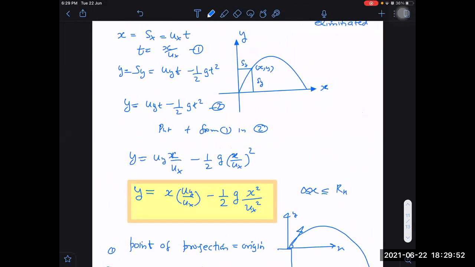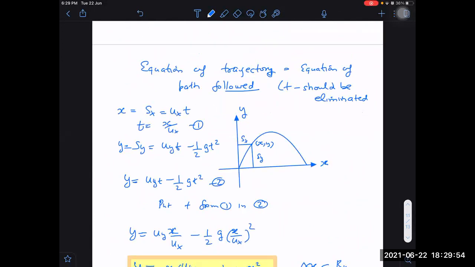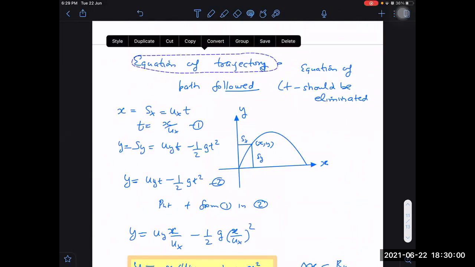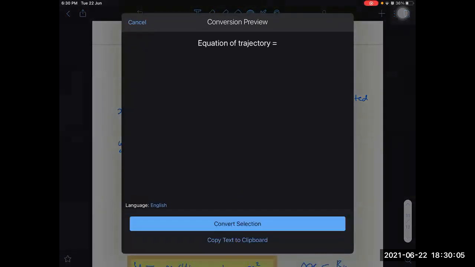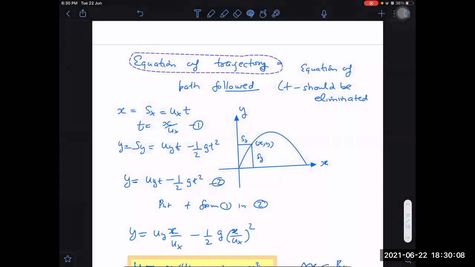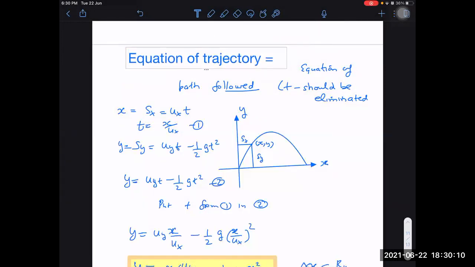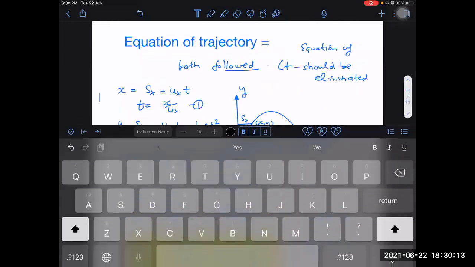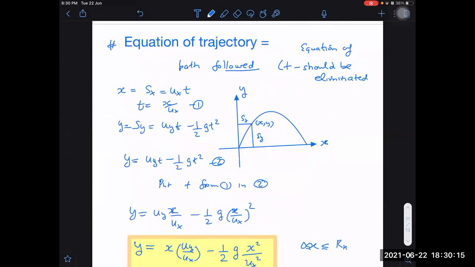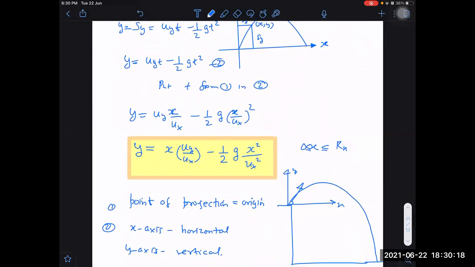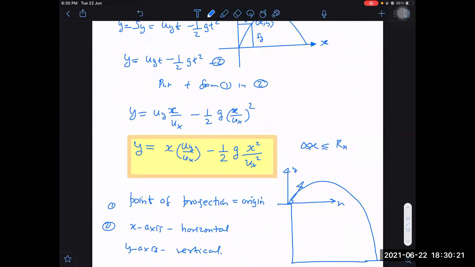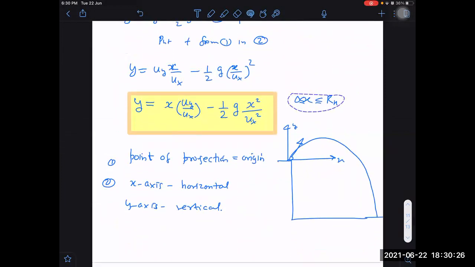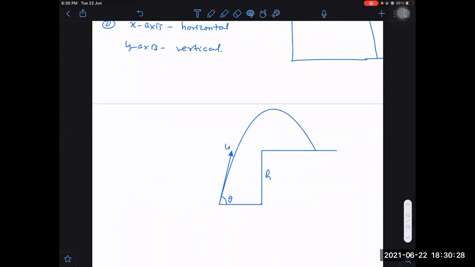I have told the equation of trajectory, but not completely. When I derive the equation of trajectory in my classes, I usually derive it in 3 ways. I have just covered one part. There are 2 more derivations pending, and each is important in its own way, because each has some story to tell and will give you new insight. So just remind me that I have to take 2 more equations.